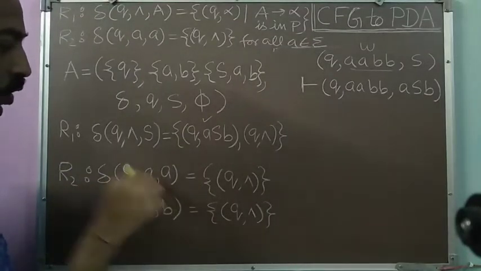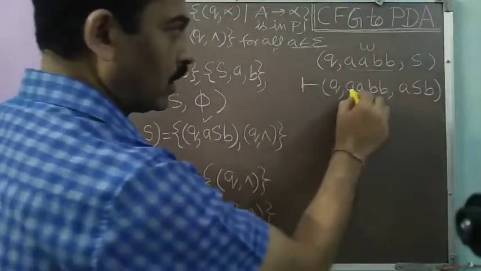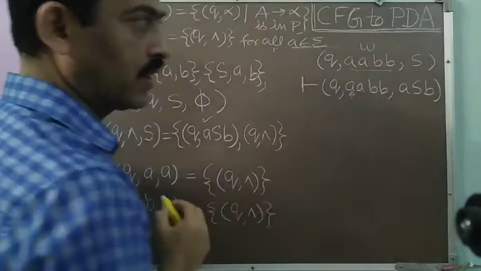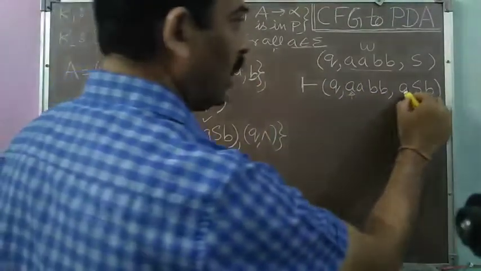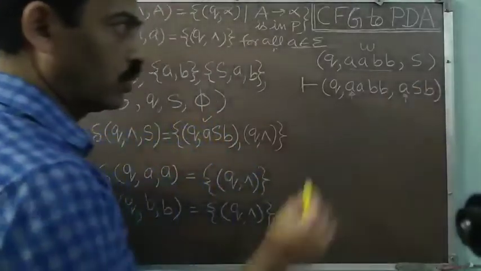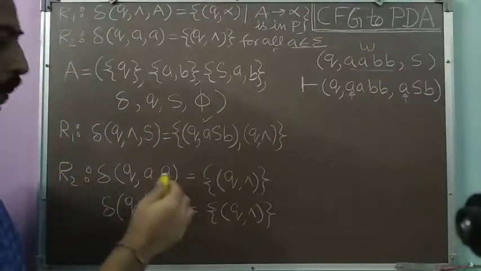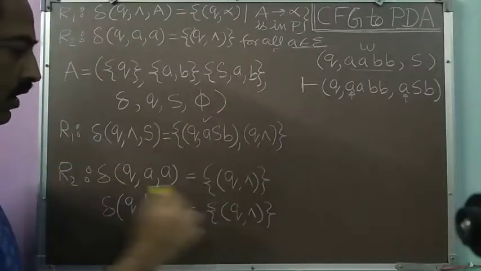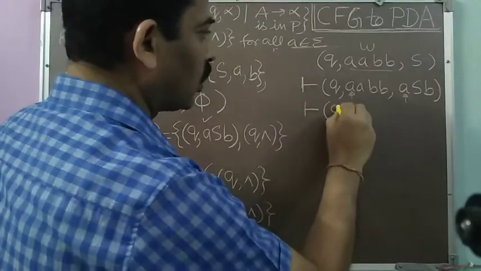So if A is also present in my input, then I can do a matching. I will look at my input. Yes, in my input, A is present as a symbol which I want to process. It is the leftmost symbol, and A is the topmost pushdown store symbol. So the (q, A, A) situation I have got, and I can apply this particular transition. I will apply this transition and move to the ID q.